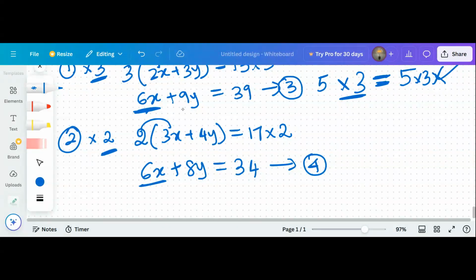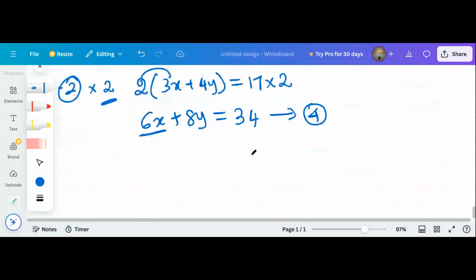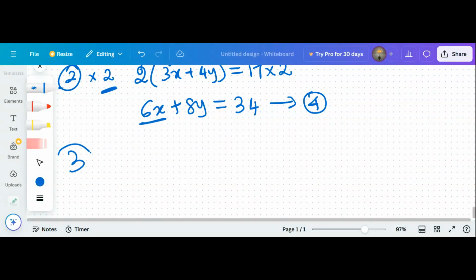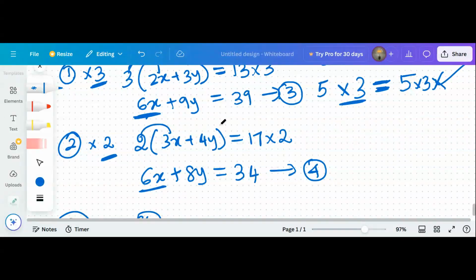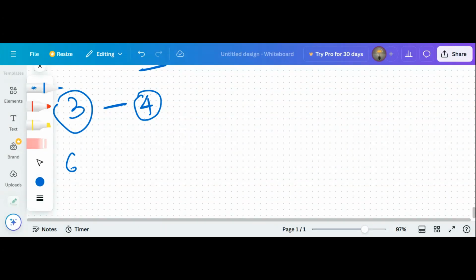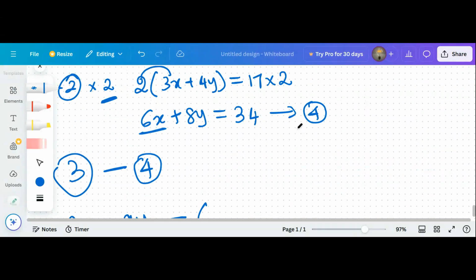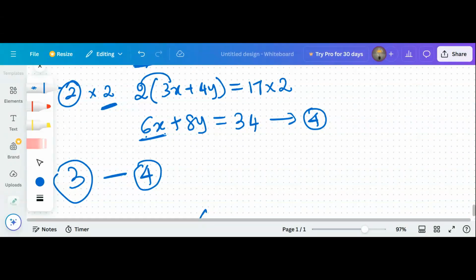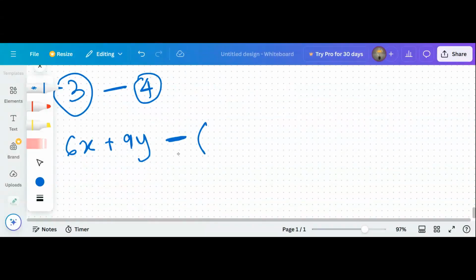Look carefully. This is equation number 3. This is equation number 4. This is 39. This is 34. So what we'll do is equation number 3 minus equation number 4. Very simple. Okay, so write the equation number 3: 6x plus 9y, minus, put a bracket, 6x plus 8y